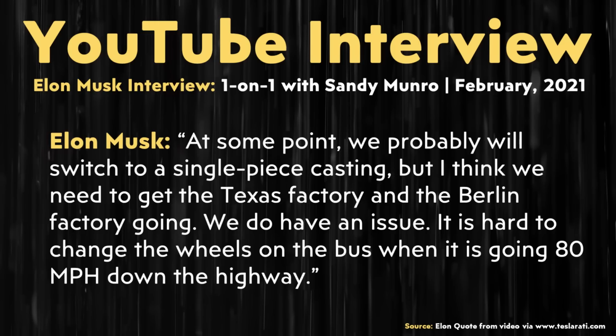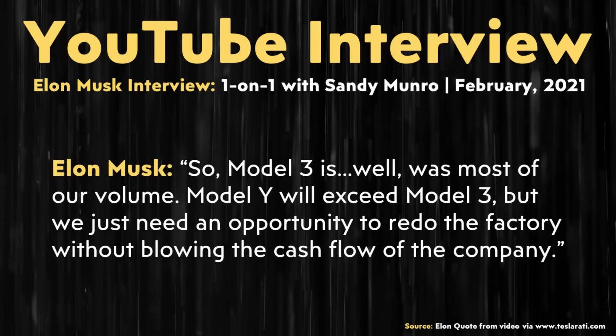We do have an issue. It is hard to change the wheels on the bus when it is going 80 miles per hour down the highway. So Model 3 was most of our volume. Model Y will exceed Model 3, but we just need an opportunity to redo the factory without blowing the cash flow of the company." Now, if my theory is correct, and this new long-range all-wheel drive Model 3 that's going to be available in the USA market,